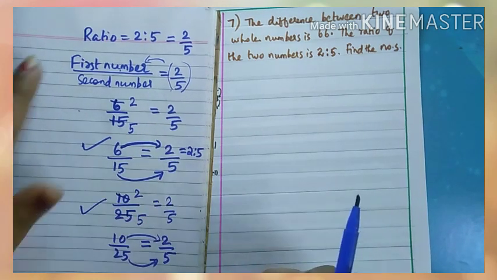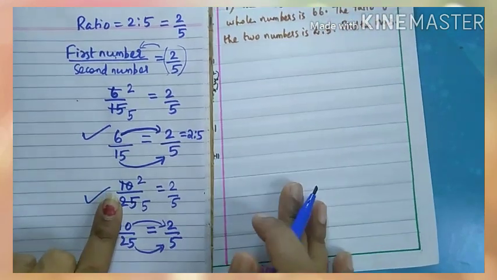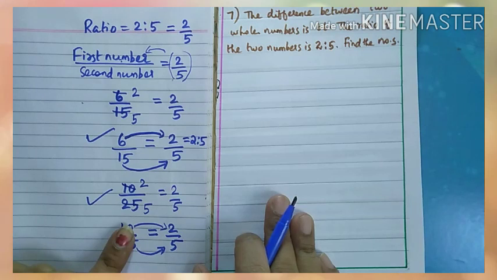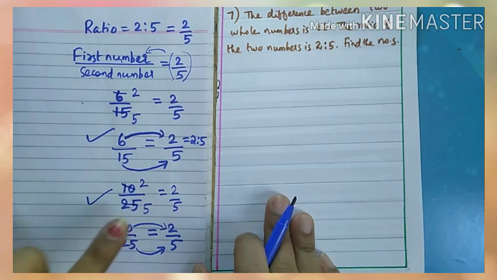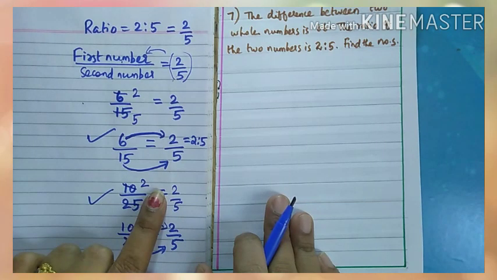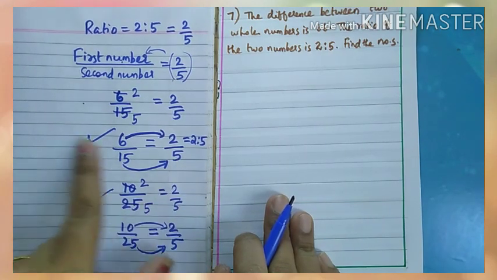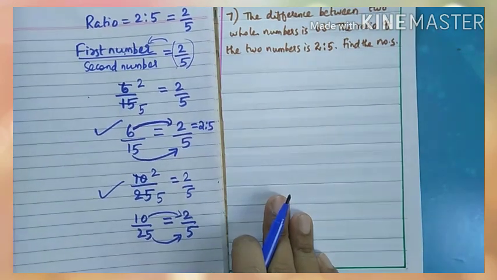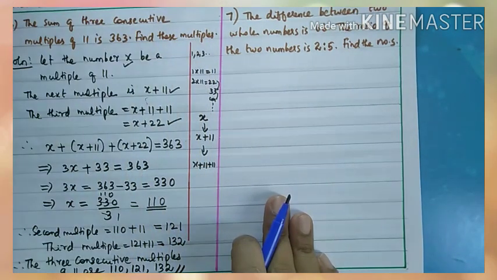Okay children, so this I just made for your understanding. If you need, you can write it on a rough column, just for your understanding. No need to write it in the problem, just to make you understand what is the meaning of the ratio and the numbers. Okay, just I told this. Now come to the answer of our problem.